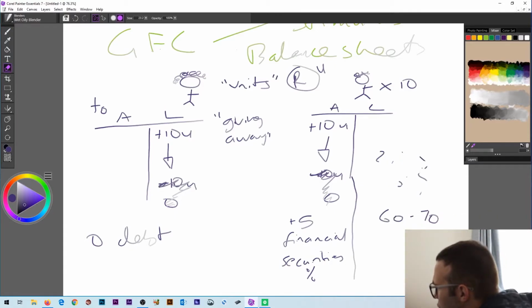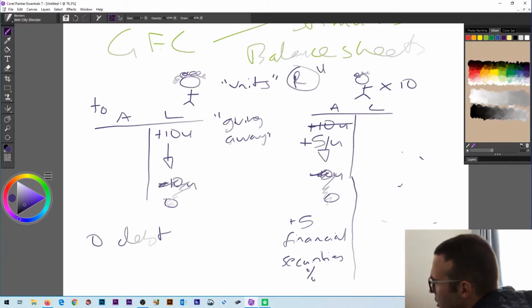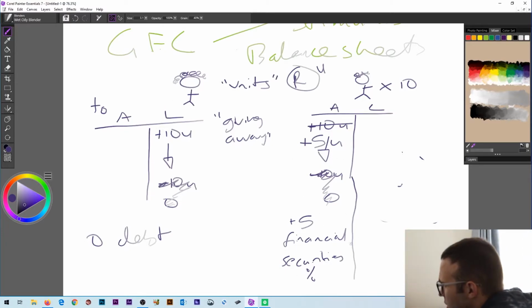And so let's say people in your economy now get plus 5 financial securities. Well, how does this balance out? How did they acquire these? Well, what they did is they minus 5U from this side. So there's cross out 10 and we have plus 5U and plus 5 financial assets. The important thing is the total amount in the economy hasn't changed. We still got plus 10U for you on liabilities, and now we have financial securities here.